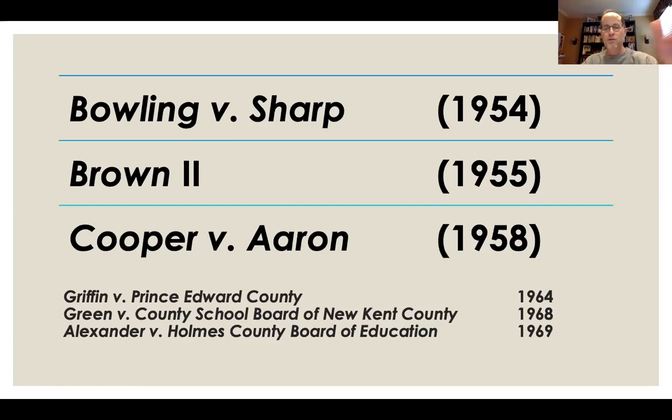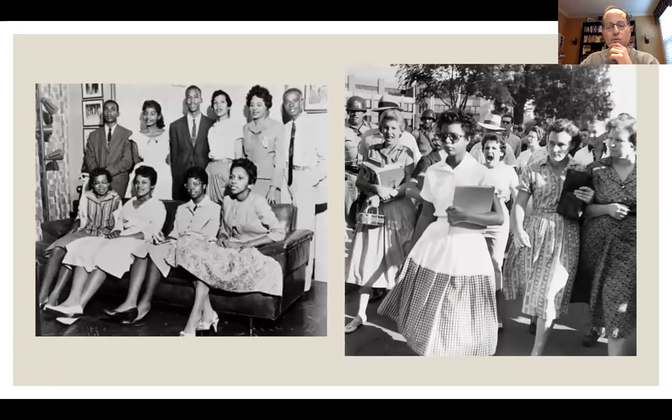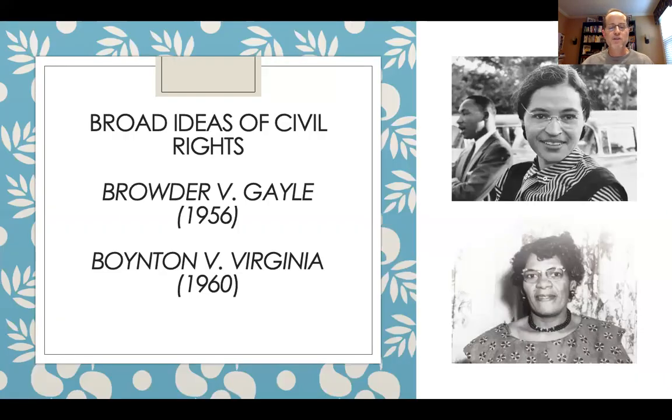Beyond the desire to integrate schools, the African American freedom struggle pushed for the integration of the totality of life. So we move to our second theme, the broad issue of civil rights. And you might recognize that the young woman on the top picture, that's Rosa Parks. The woman in the bottom picture, that's Aurelia Browder. It was her name that was on the legal filing to demand that Montgomery desegregate its buses. And after 381 days of struggle, or just before 381 days, the Supreme Court weighed in and required the city of Montgomery to integrate its buses fully.